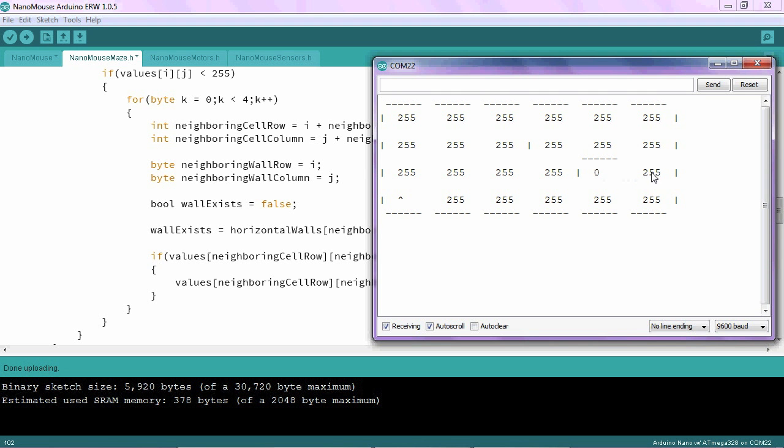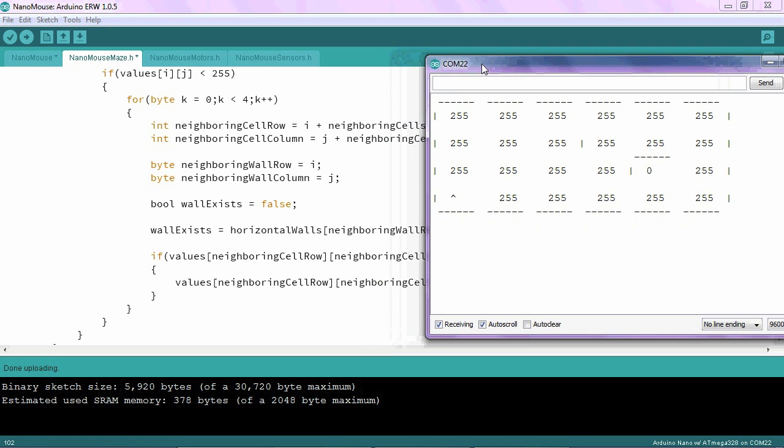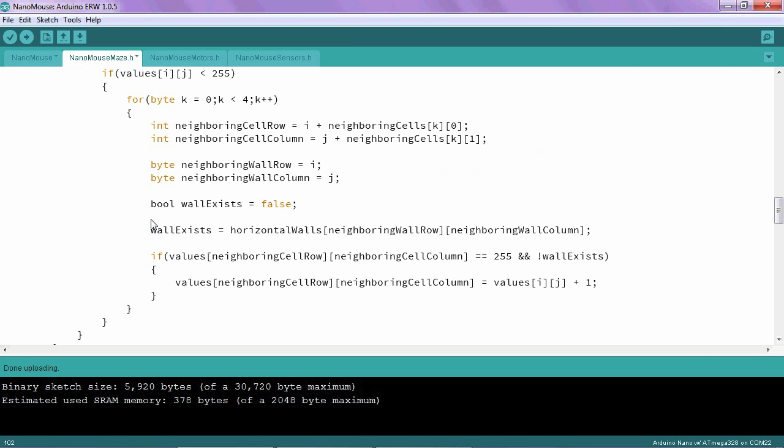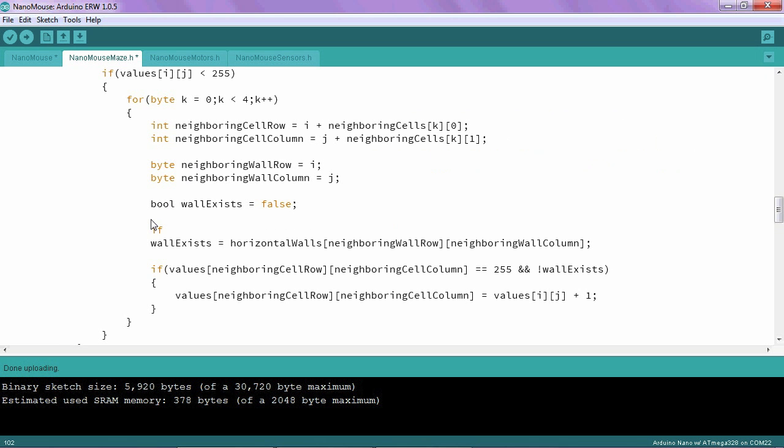Unfortunately, the cells to the east, south, and west have not been updated as well, and that's because our program is always referring to the wall to the north. Even when we're looking east or south or west, this is always asking us if there's something to the north. And so what we need to do is only use this command when we're looking north. So I am going to add an if statement right here that says if k equals north,